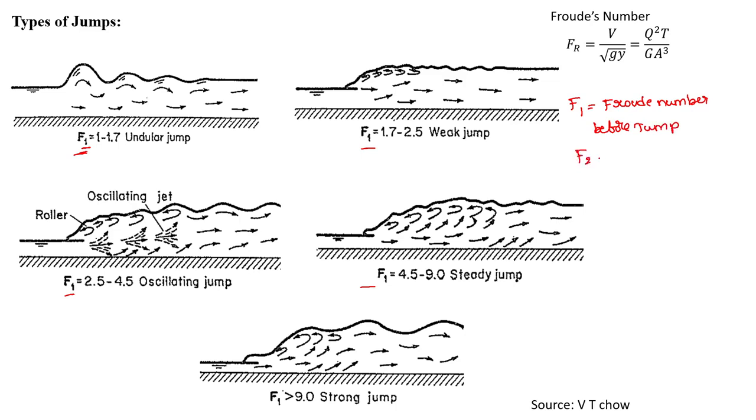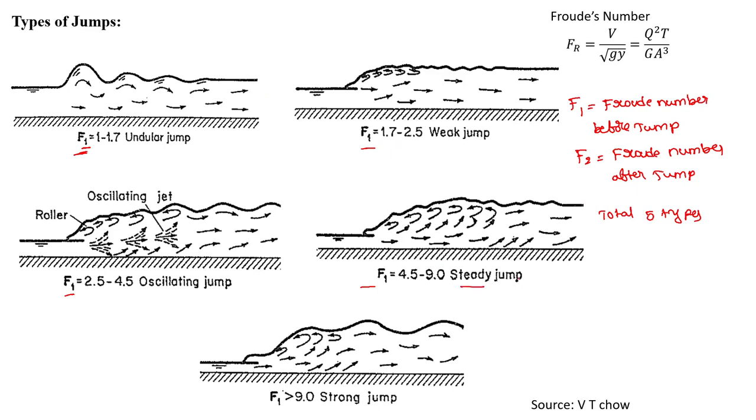So F2 will be the Froude number after the jump. Based on the Froude number before the jump, jumps are classified into 5 types in total. Sometimes it may be useful to ask, you can expect one more question for a study